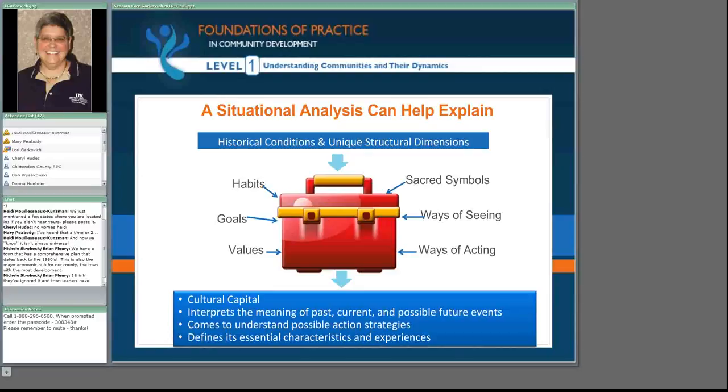And so it's really important to understand, and for me, a situational analysis needs to tap into the stories that we tell about who we are. A true story: I was working with a community one time. This was our first meeting. It was a community-wide forum. There were 70-some people in the room. And I was facilitating the discussion, and I started off the way I like to start off, which was, tell me what you're